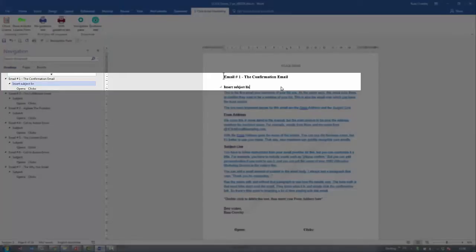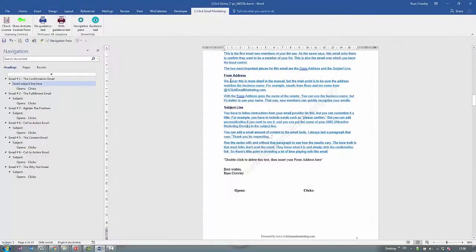And as I'm typing it, if you look over on the left there in the nav pane, you can see what the subject line covers. And then we come down and read the guidance text, subject line, and then we have to insert your from address, which is very straightforward. So I would just put in Russ at,